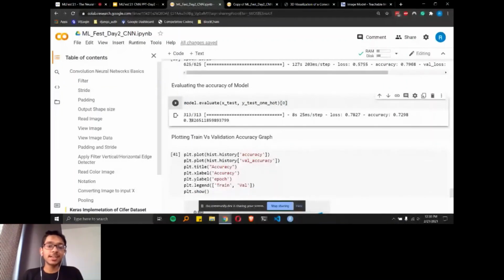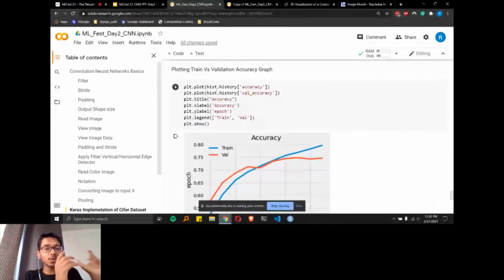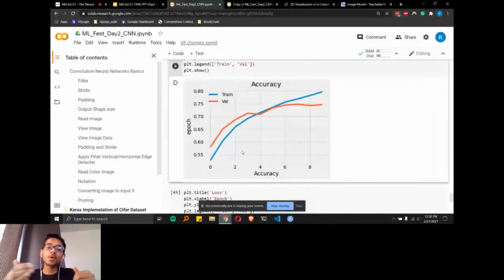That is nice. Then we are trying to visualize the accuracy and loss metrics we had calculated. This history is nothing but an object with an attribute, history, which contains the accuracy and other such values. You can extract that and plot a graph of what the accuracy was per epoch for the training dataset and for the validation data within the training data itself. From here we can conclude that at this point it is going good.